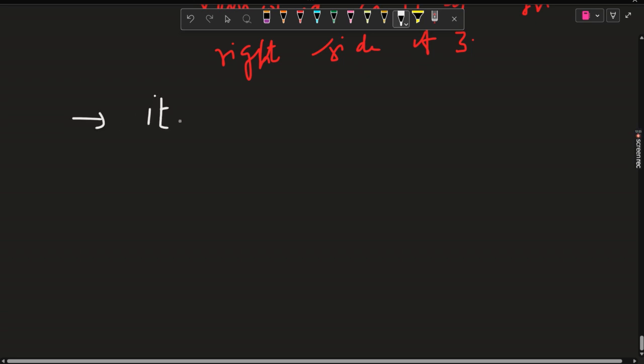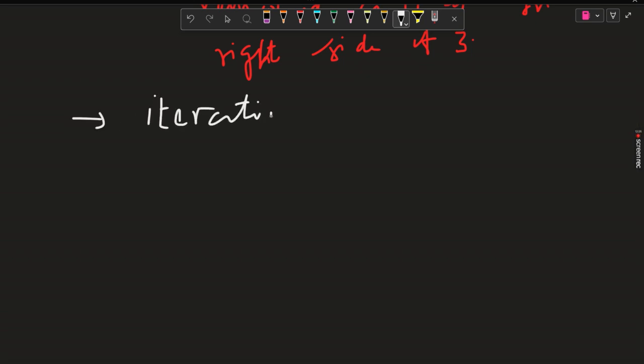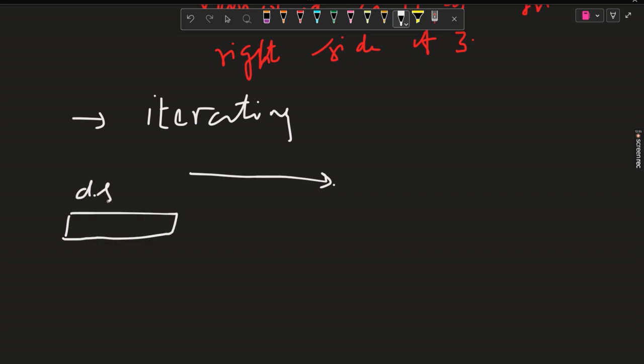So I am basically iterating from left to right inside an array. And I'm considering a data structure. I will decide later which data structure to use, but for the time being, let's take a general data structure where I am storing some window elements, right? Initially, when it is empty, I add a particular element to this. I am basically pushing elements from this side, and for the next value, I will compare this value with